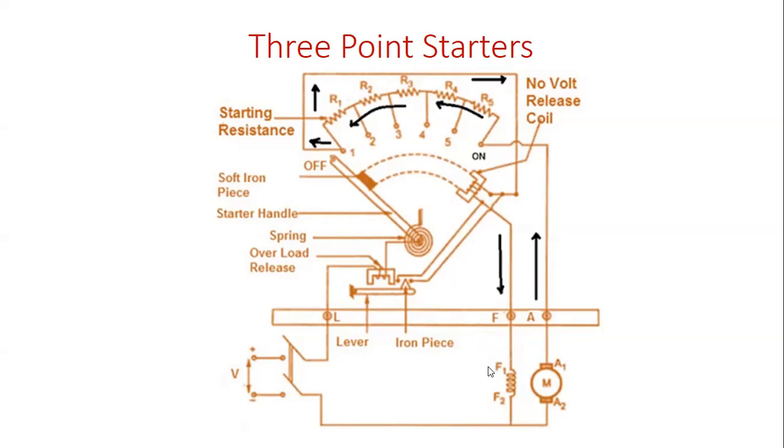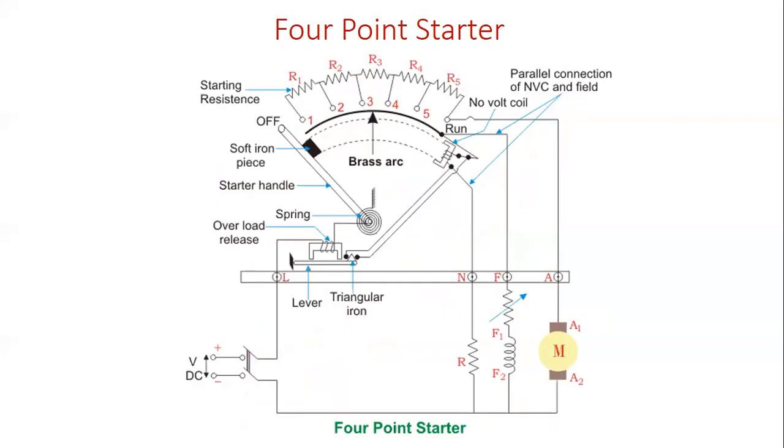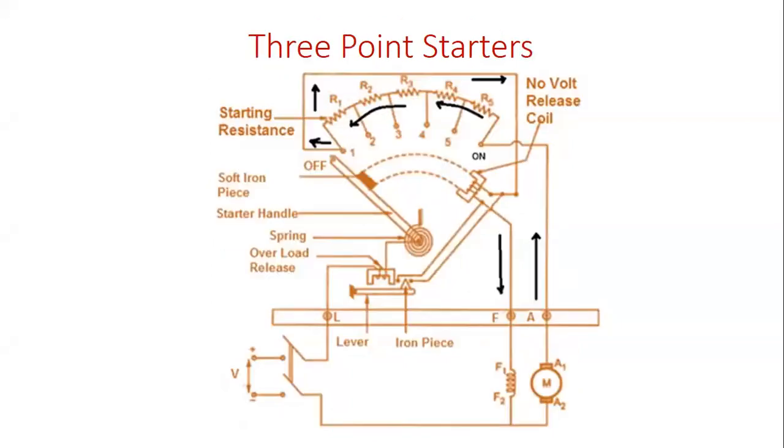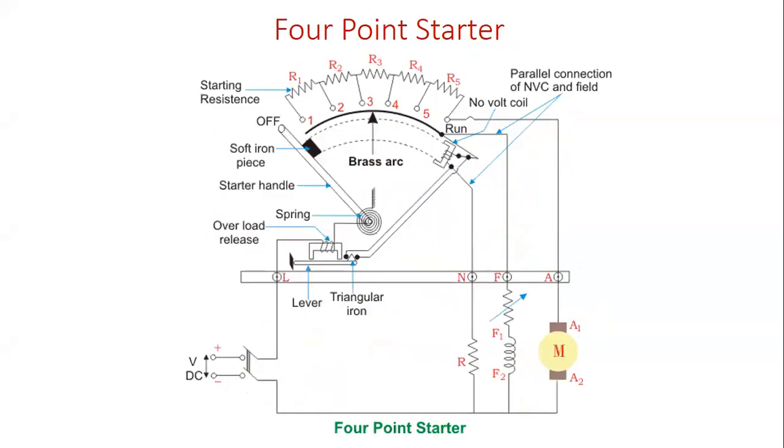Suppose the machine is connected with a load, and I want to vary the field current such that the machine is always running at the rated condition. Then we want to go for the 4-point starter, right? Only for the compound motor, this 4-point starter. And this 3-point starter is preferred only for the shunt motor, and in some cases we can go for the compound motor, right? So that's all about our 2-point starter, 3-point starter, and 4-point starter here, right?